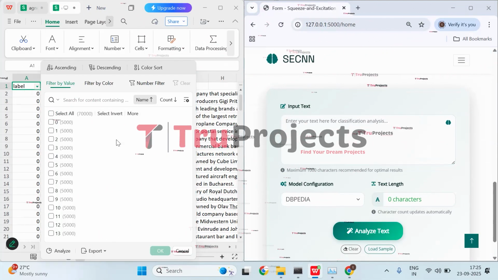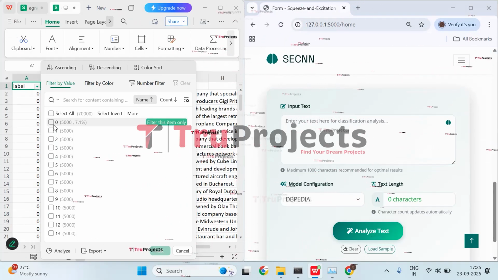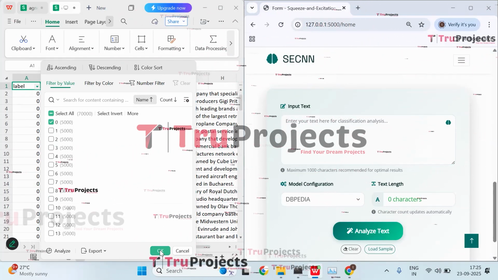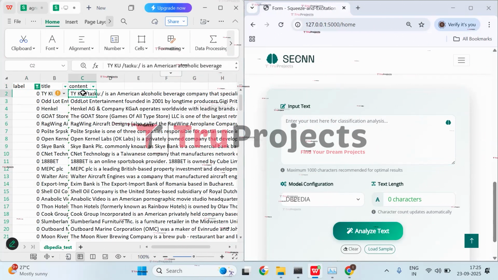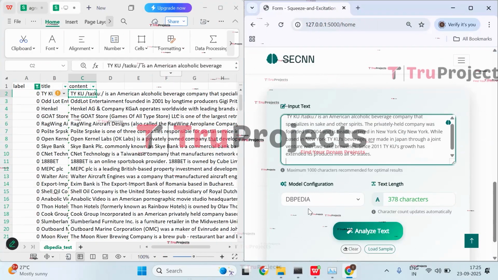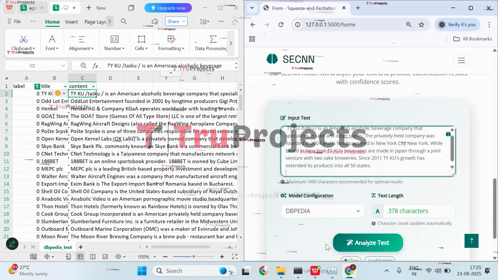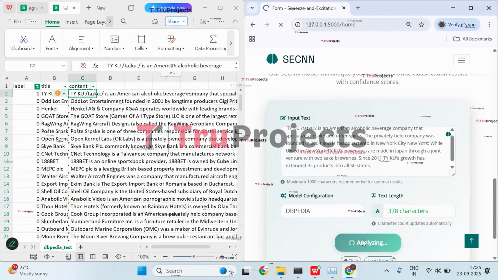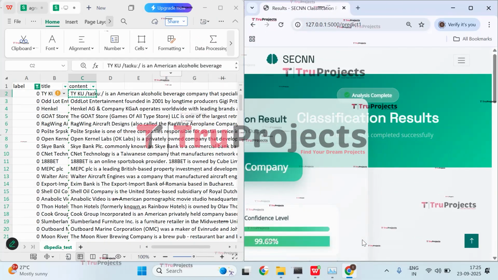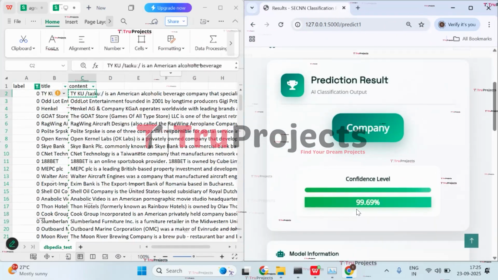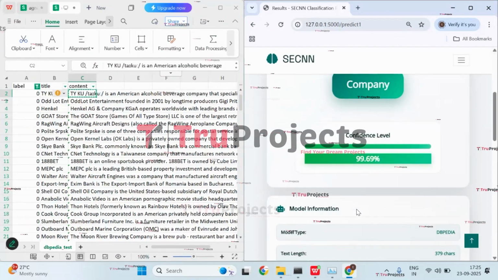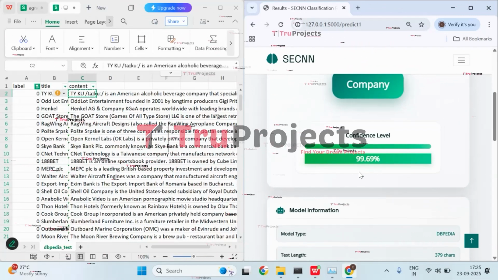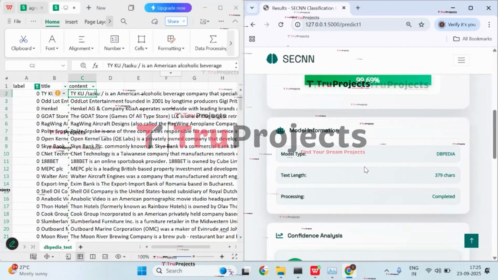And here we have a total of 14 types of labels. So let's apply the filter to class 0, copy the text, paste it. So the model configuration is DBpedia. So click on analyze text. And here we got the prediction that it is the company group. So the classification is company and 99.69 is the confidence level.